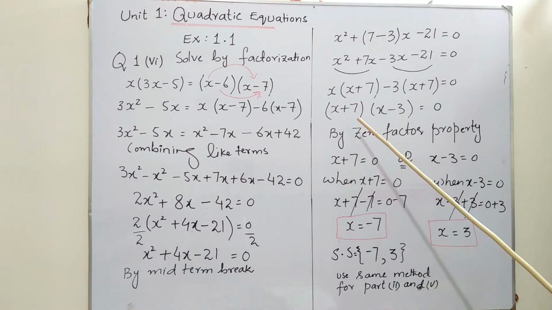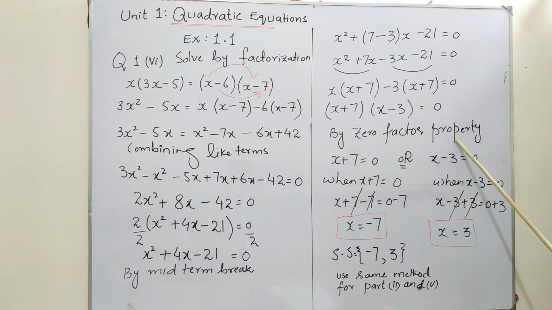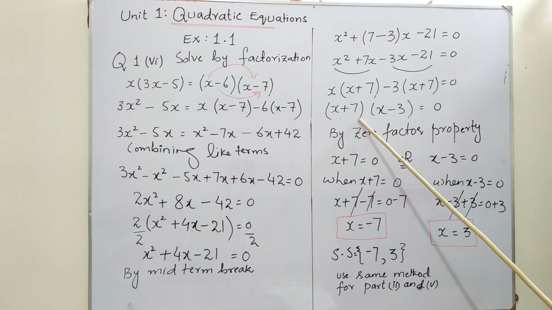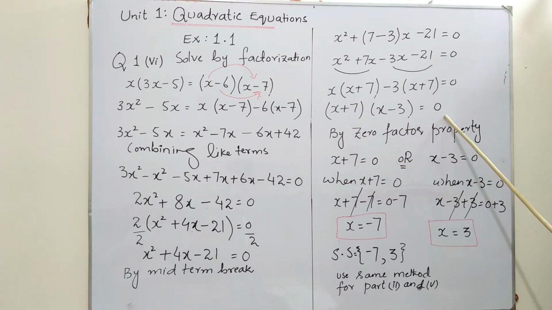Now after factorization we will use the zero factor property. What is the zero factor property? The zero factor property states that if the product of two terms is equal to 0, either the first term is equal to 0 or the second term is equal to 0. So when x plus 7 is equal to 0, subtracting 7 from both sides, we get x is equal to minus 7. And when x minus 3 is equal to 0, solving it by adding 3 on both sides, x is equal